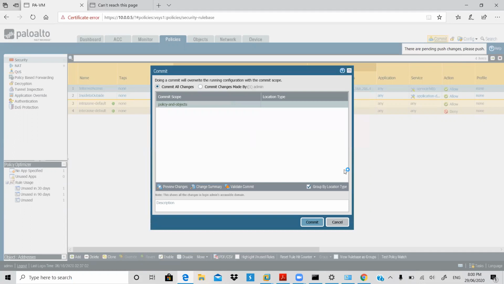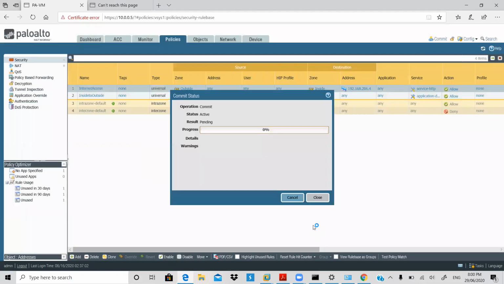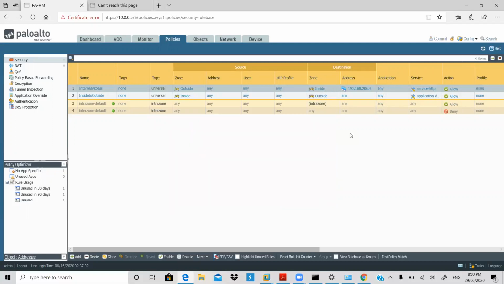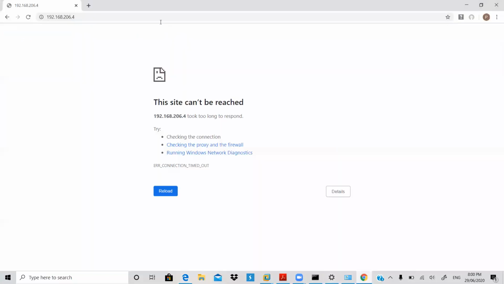Then after commit, close it. Then come on your PC, open Internet Explorer and try to open this one.